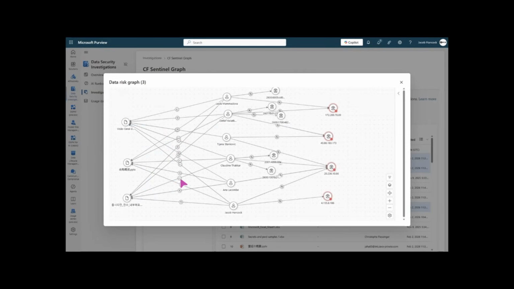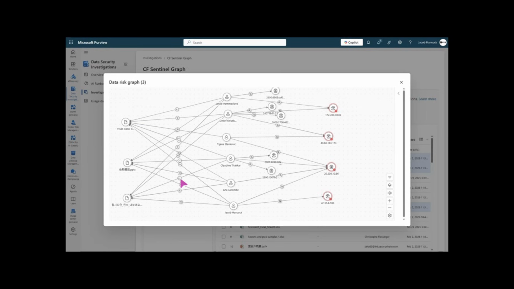What you're looking at is for every file. So in this case, I selected 3 files, and I think I got Portuguese and Korean and I think Mandarin. But for every file that you're looking at, we give you all the activities. And here I'm talking about all the M365 audit log activities. So all the SharePoint things, Christophe touch a file, view a file, download it, copy, blah, blah, blah.